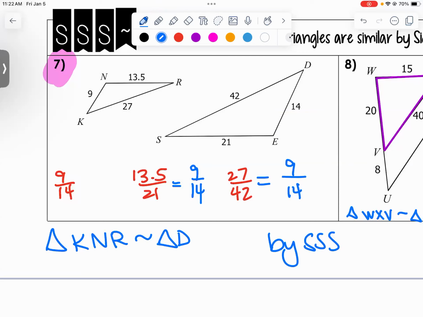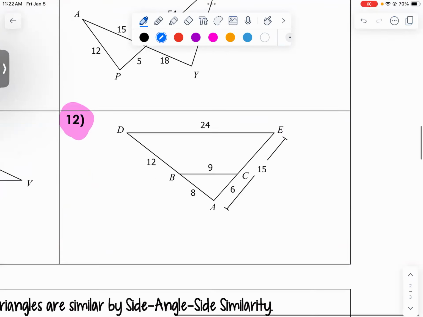What corresponds with N? Okay, so K and R is similar to DES by side, side, side. Okay, now in number 12,